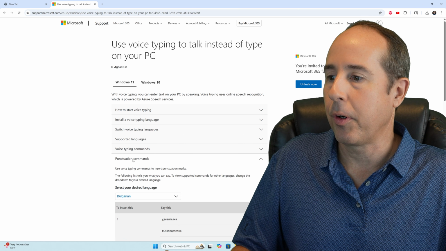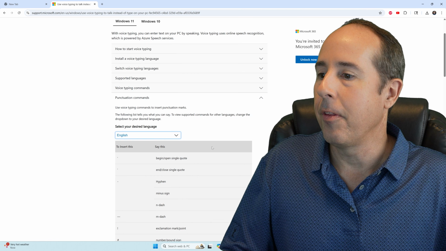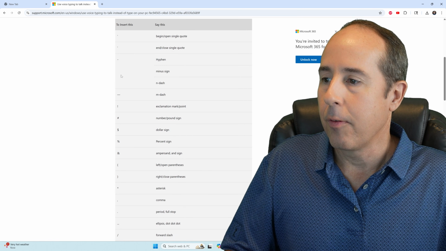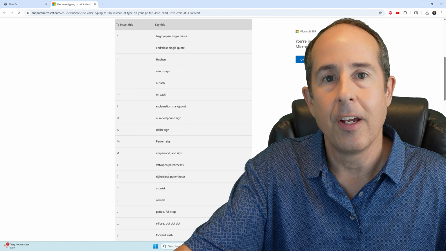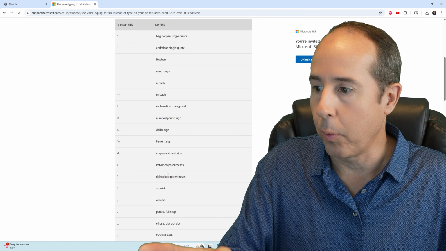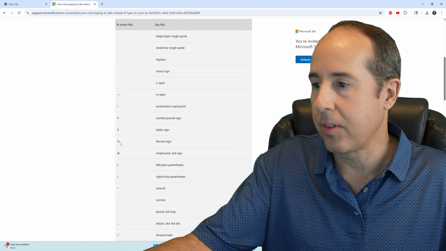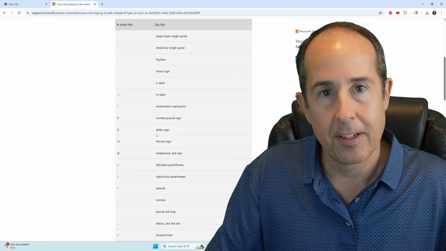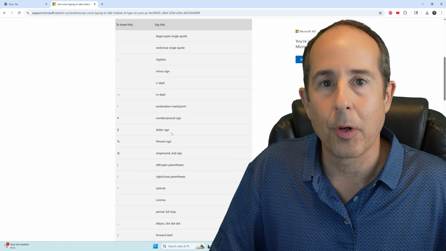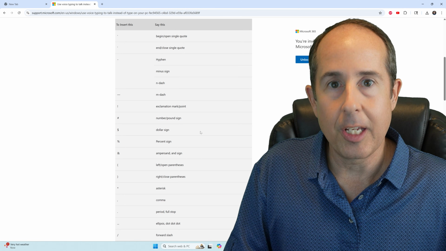So here I'll click on punctuation commands, we'll choose a language that makes sense to us, and then you can see here for these different symbols listed on the left, here's exactly what you would say in order for it to type that for you. So for example, % will just produce that one symbol that represents the % sign, and then $, etc. So as you become familiar with it, you'll learn how to best be able to type and have minimal keyboard